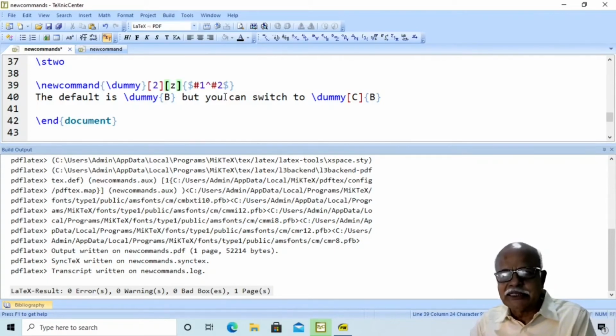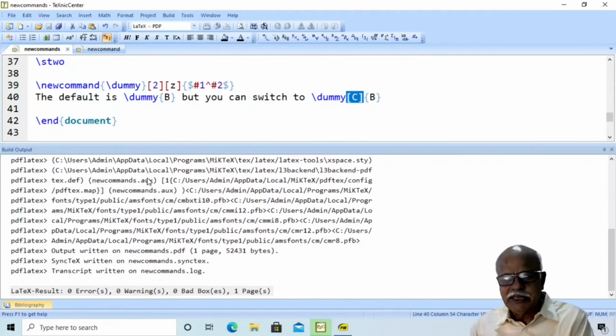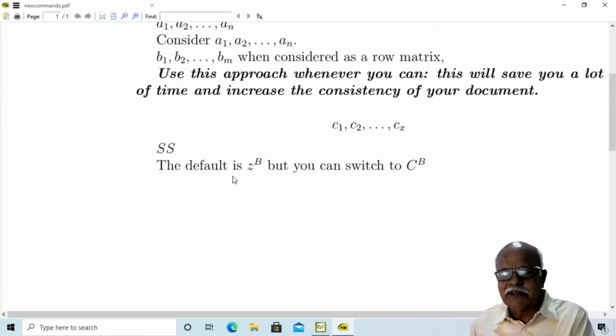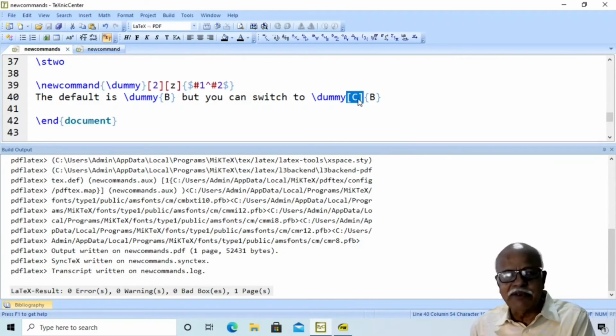Suppose we say here z, then the default first value is z, and the second parameter is b. Similarly, we can switch over to another expression by giving the value c within the square brackets. Now, if we compile, you will find the default is z power b, but you can switch over to c power b, because here we have given c within options.